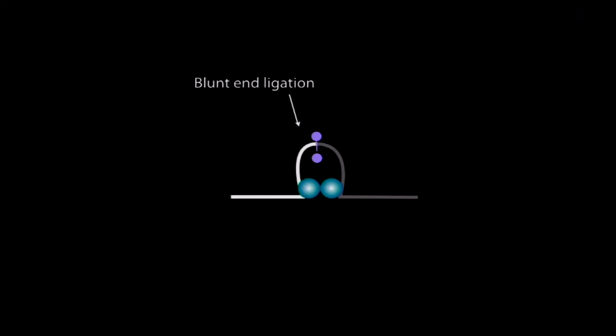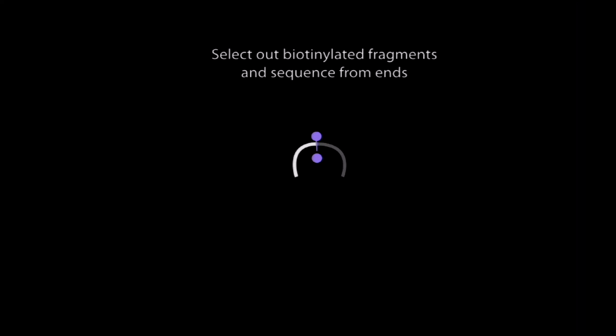And so now our products, after we purify them, have this biotin at the junction point. The reason we need that is because we want to do high throughput sequencing, we need to get these products shorter. And so we can shear them, and then